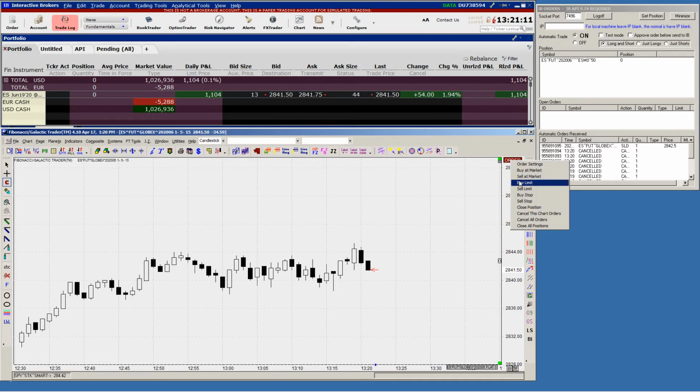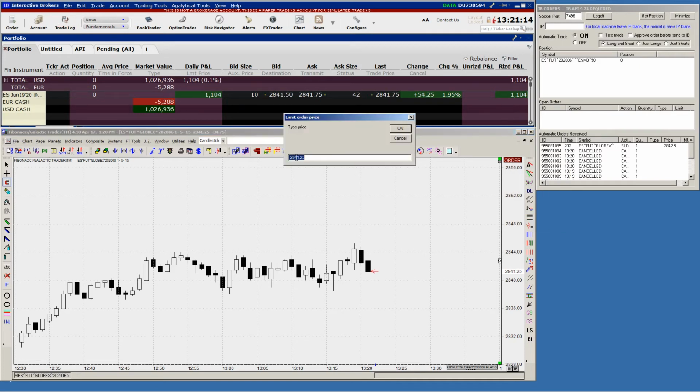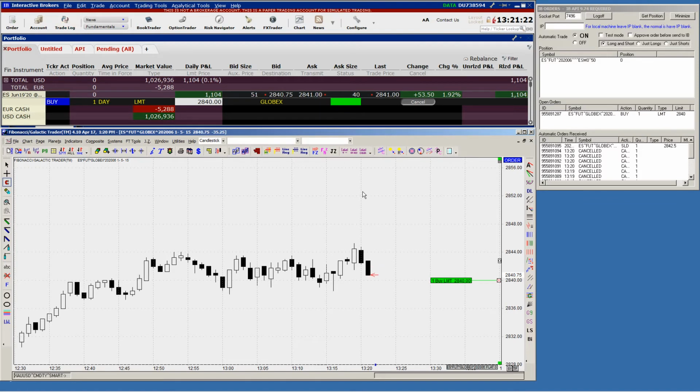Now the other way, you can put a limit order and buy limit. I want to buy a limit. I want to buy when the market is 2840. The order is there. It's a limit order on TWS right there. It's a new order 87, and if the market goes down to that point, you buy it. I can still do the same thing, move my order. You close the first order, open a new one, or move up. And let's hope the market goes down, and then I will